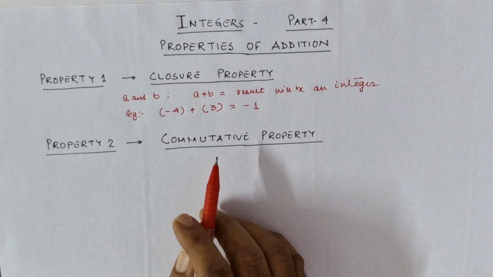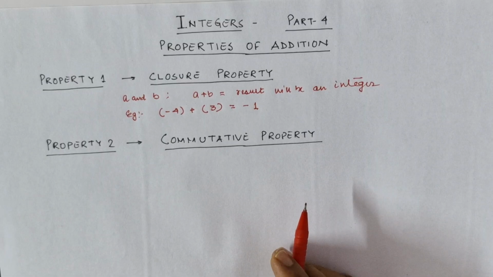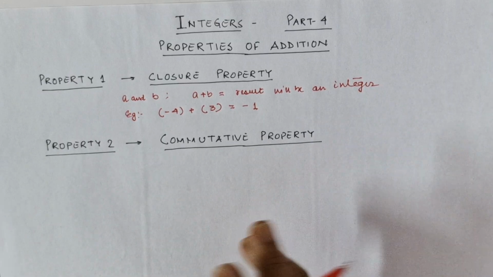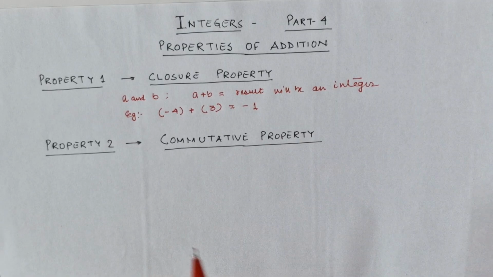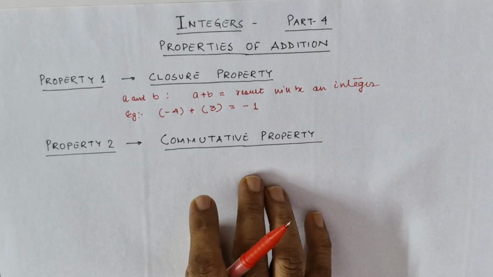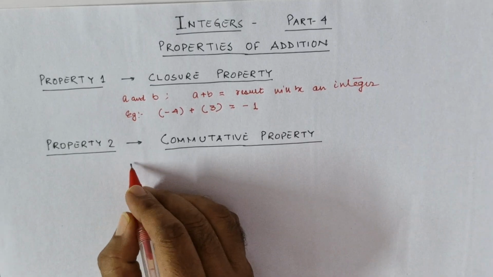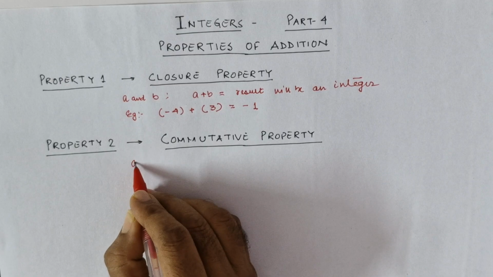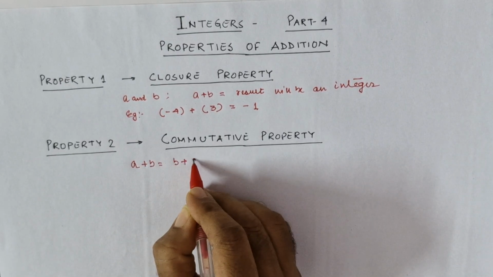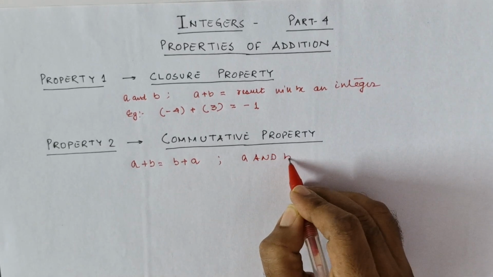So let's come to the second property. The second property is commutative property. Now what is commutative property? Commute means the changing of the what? The order, that is known as commute. So commutative property says if you change the order, the result of the sum does not change. So let's say A plus B is equal to B plus A,